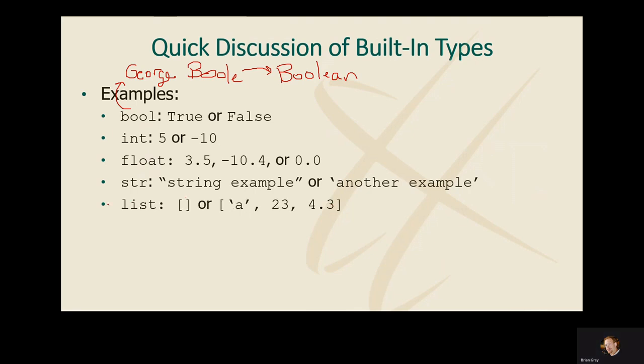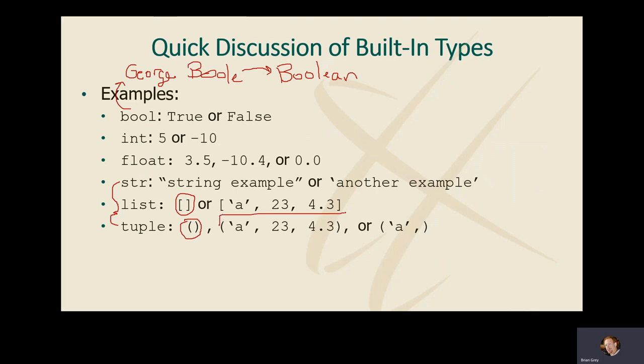List. So we can declare our empty list this way. Or we can fill it with data, and it can be filled with all sorts of data. A tuple, which is an immutable list. Okay. And we're going to see later on that behind the scenes, these are all the same thing, but they are presented to you in different ways. So we can declare an empty tuple this way, right? A tuple with no elements. A tuple with 3 elements can be presented this way.